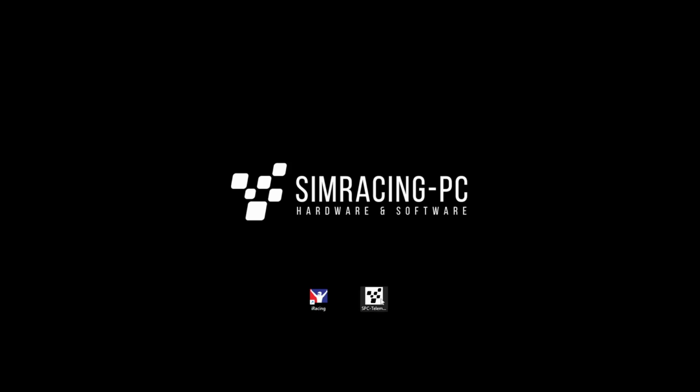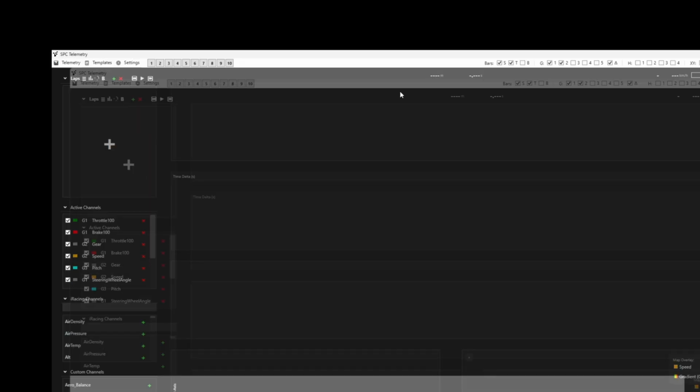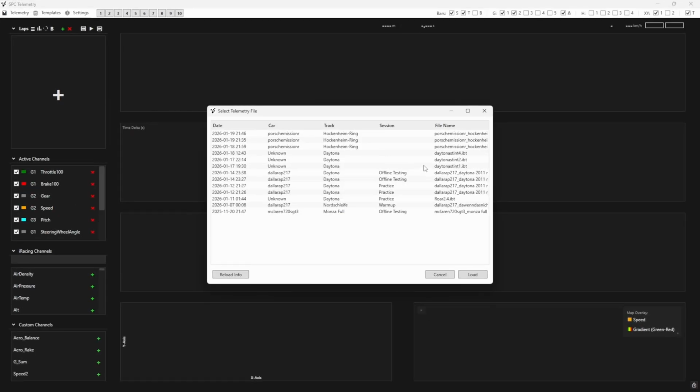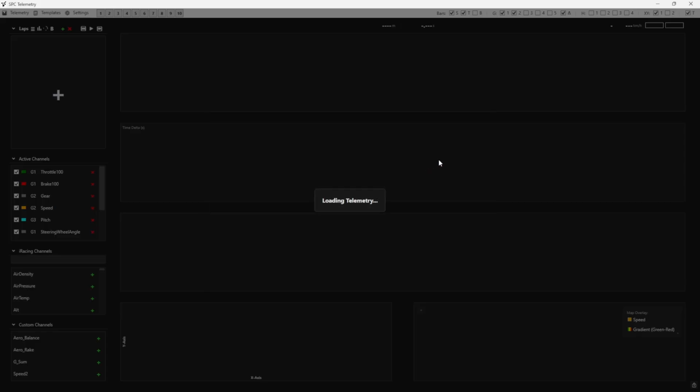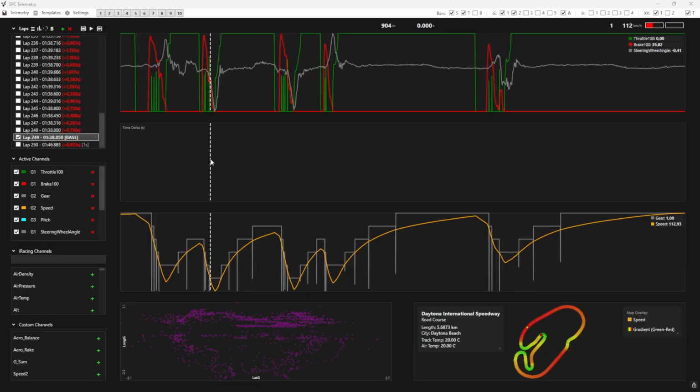We can hop in and start with double clicking the file, and then we just load some telemetry data. This for instance is from the 24 hours of Daytona last week. We can see all data now with the fastest lap of the session already pre-selected as our reference or base